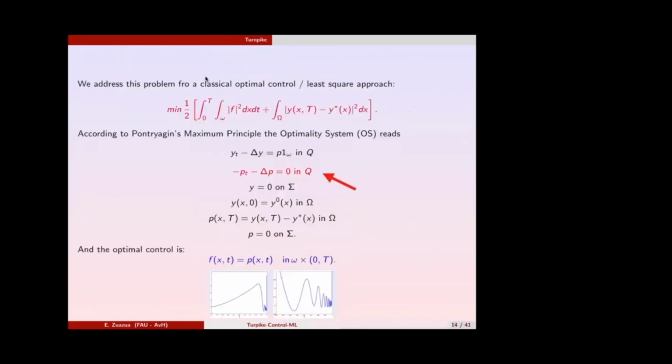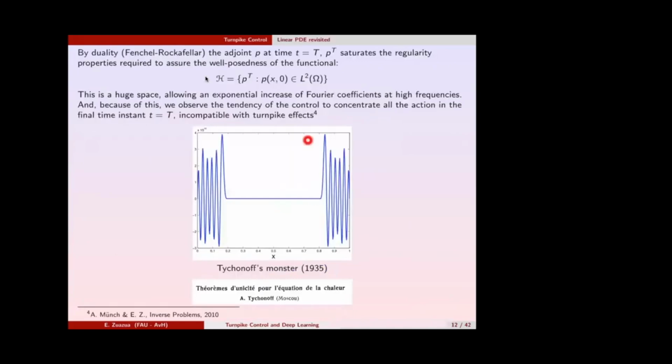Actually, these oscillations we see here are related to the fact that the minimization algorithm is exploiting to the maximum the properties of the functional, and then, out of the control region, there appear high frequency oscillations, precisely as those indicated by Tikhonov in his highly oscillatory and not completely unique solution of the Cauchy problem, right? So please keep this in mind.